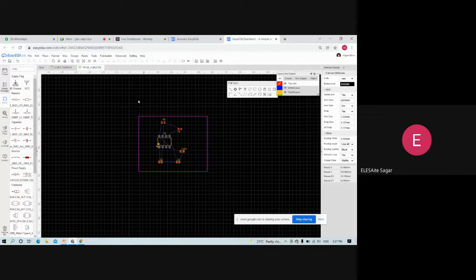It will take some time, but it's very interesting. First of all, we will arrange the components.